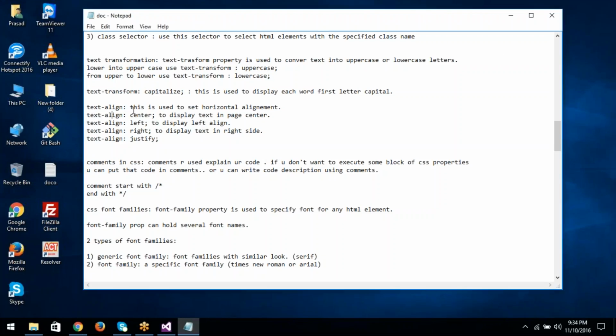Okay, so text element property center. Use this property to display text in the center of the page, left element to display text on the left side, and right element to display text on the right side. To justify,